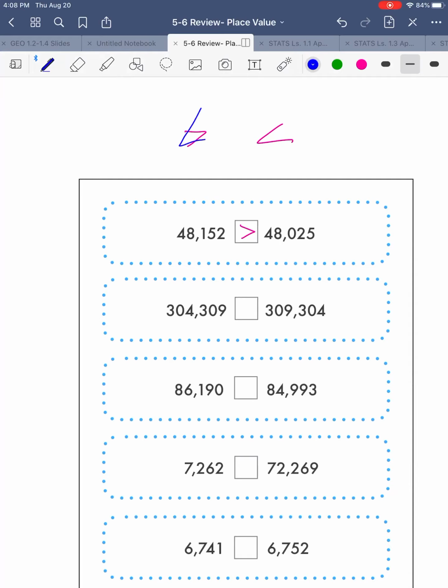Well, I need to be able to draw an L. That one's clearly backwards, so it must be this one. So I'm going to draw in a less than symbol. Okay? All right, the next one is